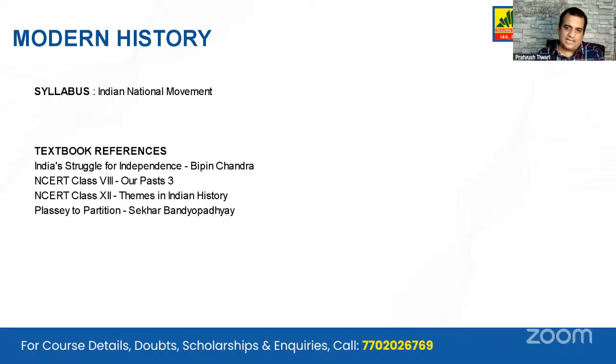If I have to give a last closing comment for it, I'll say you have to go comprehensive. Go with the old NCERTs, get the chronologies correct, get the context and your clarity correct, and that will be the way to go ahead. Now, let's see the modern history. Again, as I said, they give you a very brief syllabus: Indian national movement. Now it's upon you whether you want to go beyond the Indian national movement. And why I'm saying beyond the Indian national movement, there are questions asked on India after independence.